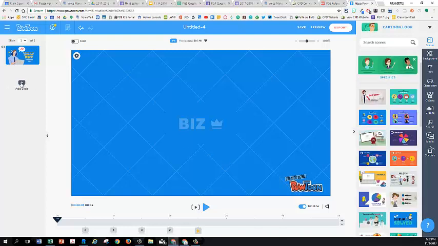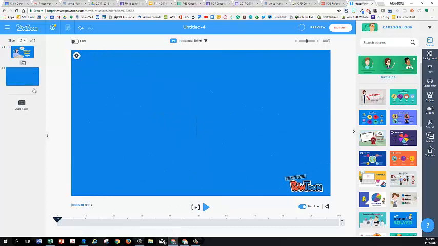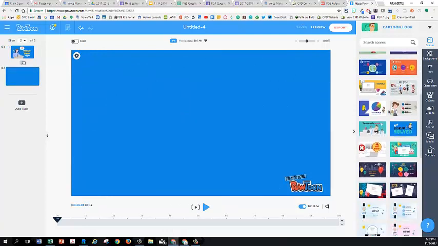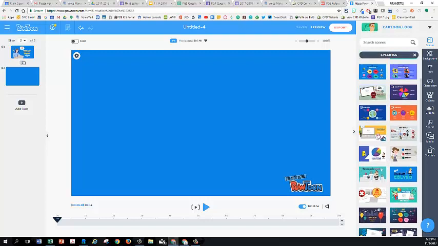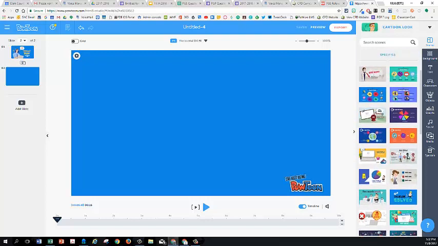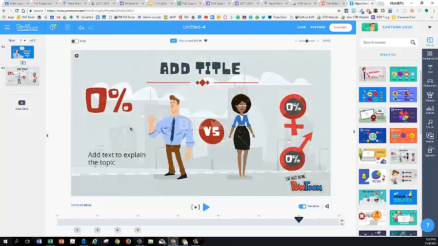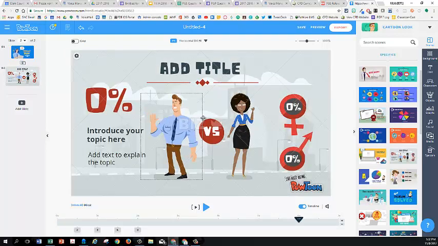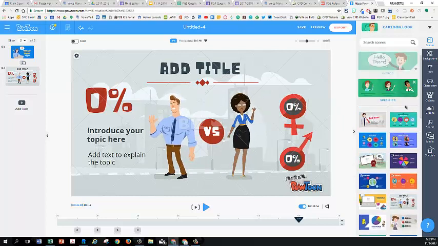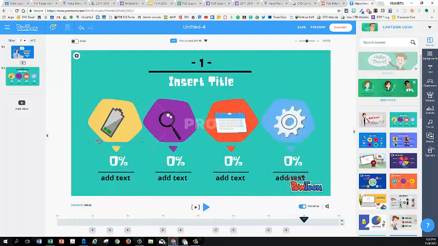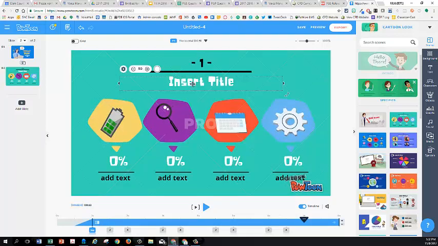So I'm going to click on Add a Slide over here on the left-hand side. I'm going to bring up page 2. In this case, I want some sort of specifics, and I'll find the one that works for me, drag it in. Again, I'm just picking random ones. I probably wouldn't, here's one with some percentages and stuff like that. Maybe I want this one instead. Okay, and so I can put my information here